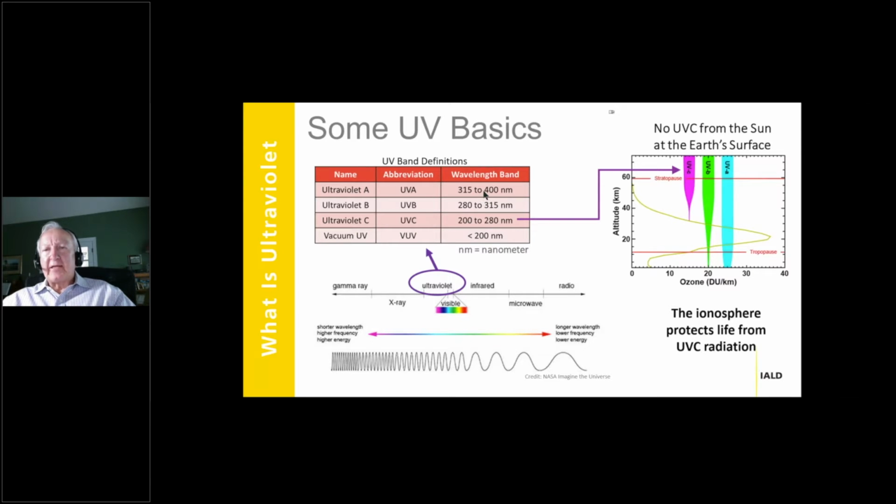If it weren't for the ionosphere blocking UVC radiation, life as we know it here on Earth probably would not have developed the way we have it today. Now, let's take a look at some of the molecular reasons why UVC radiation is regarded as germicidal, and the lesser role in germicidal action for the UVA and UVB portions of the UV spectrum. So if we take a look at the next slide,